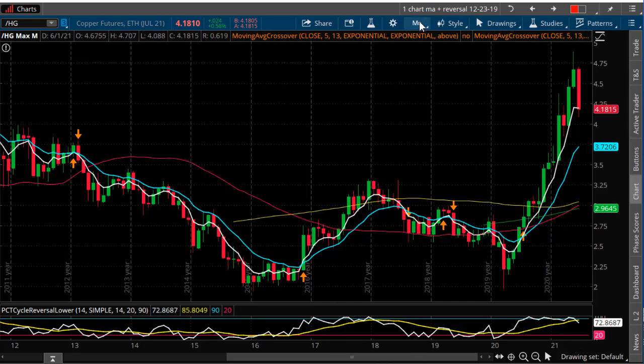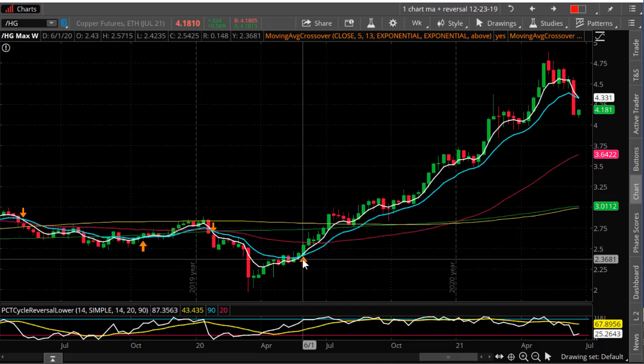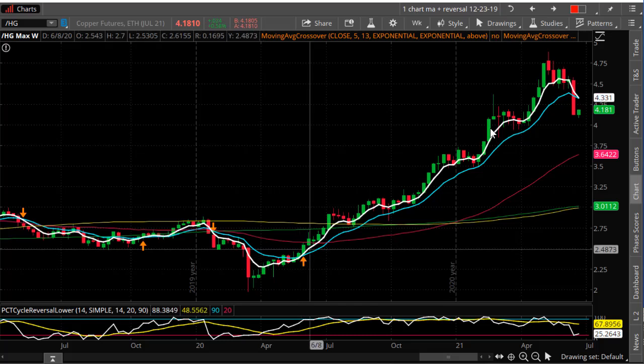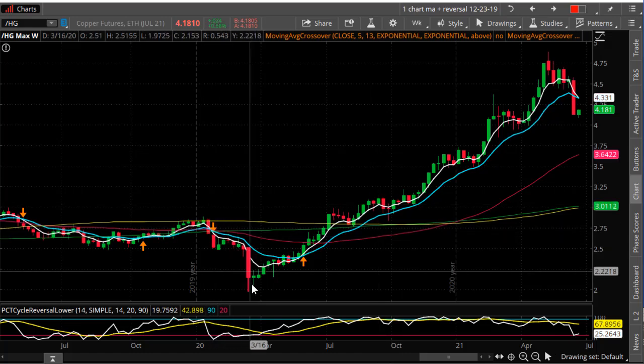Now when we break it down to the weekly, you can see it in more detail. So let me put it to the weekly, and then I'll put it with my momentum indicators, and you can see how clear it is. Okay, so here's the weekly long-term chart. You can see the uptrend started here. It actually crossed in May 2020, and then you can see on the weekly just a beautiful trend up. Now prior to that, we had a short-term trend down, a 513 cross to the